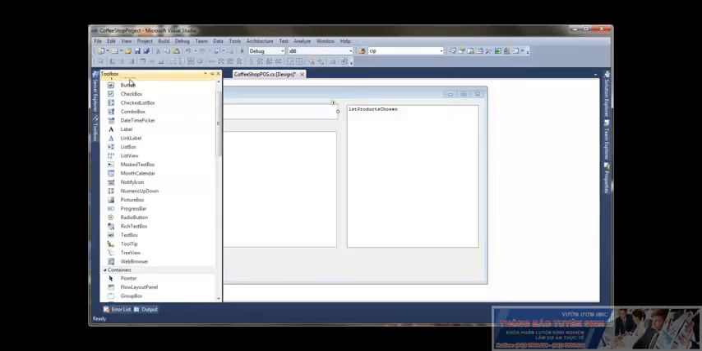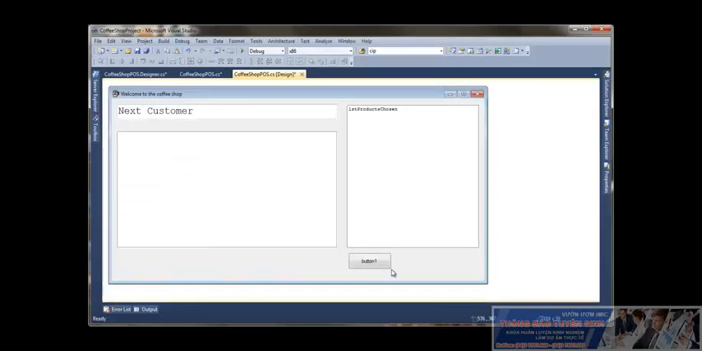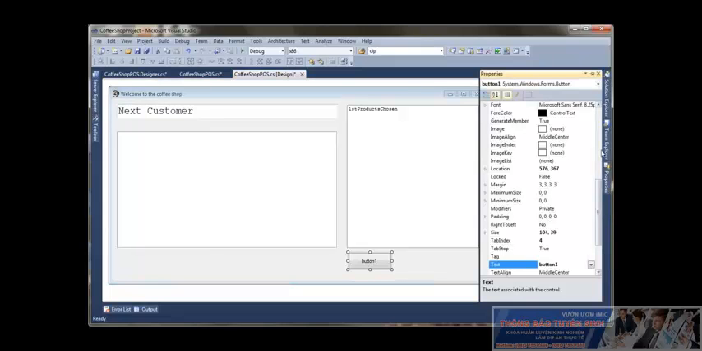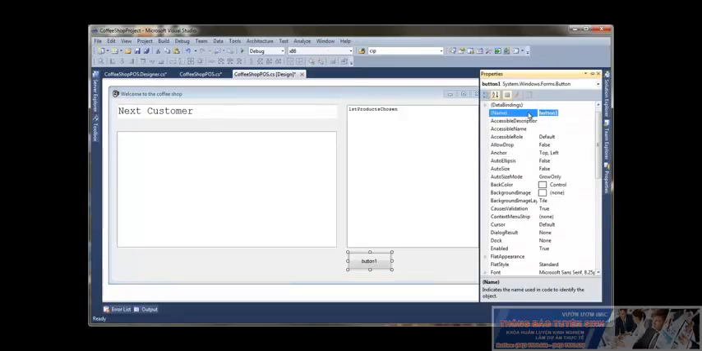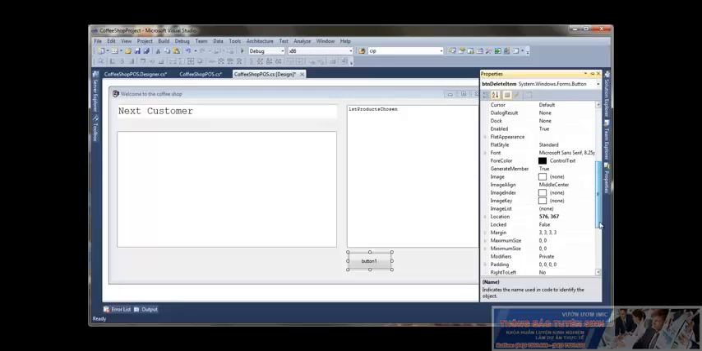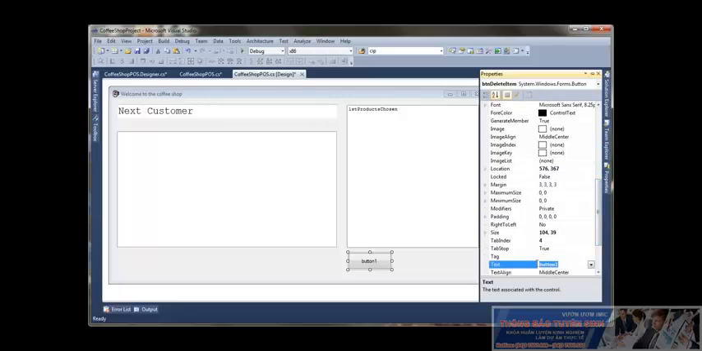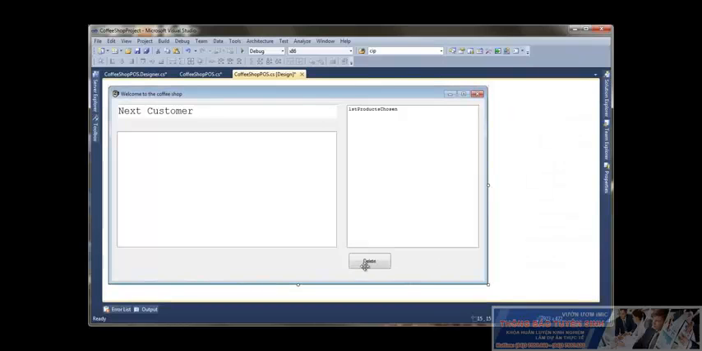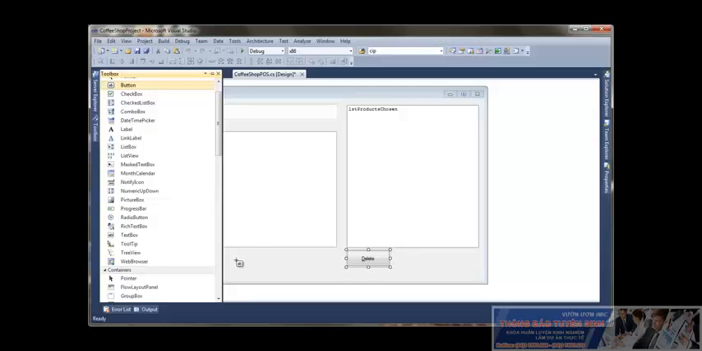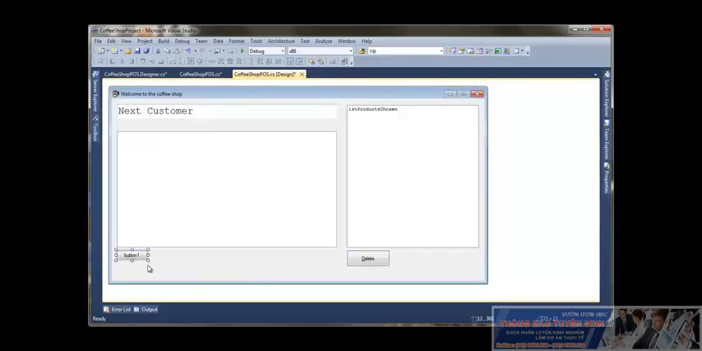I'm going to go to my toolbox, grab a new button, and I'm just going to pop that one in. Go into properties, and we're going to rename that as BTN delete item. So that's going to get rid of something out of the list. And we're going to go down to the text on that button, and I'm going to put an ampersand delete. That just gives you basically the shortcut for that. So delete,